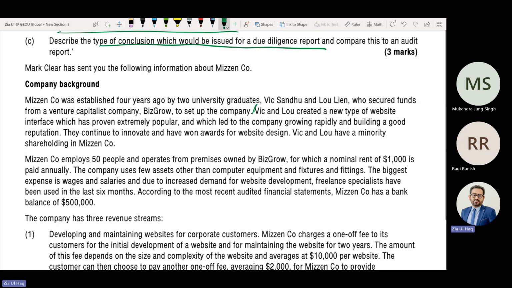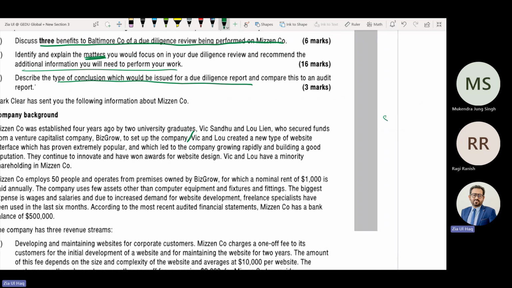But before that, there are two owners as well as they got fund from the venture capitalist as well. So we'll put the heading shareholding. So we need to get detail about who is the major shareholder, what is the shareholding of BizGrow, so that we can identify whether we need to discuss the bid price with Vic, with Lou, with both, or